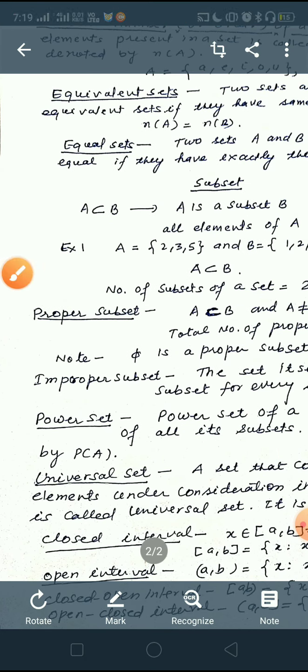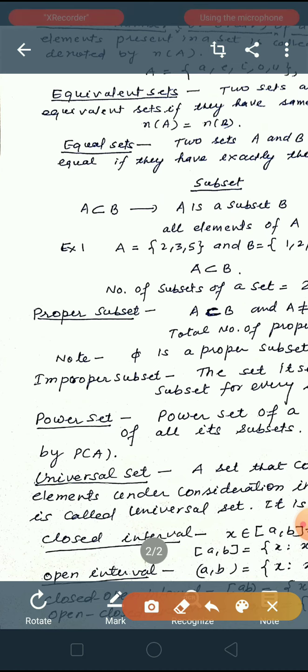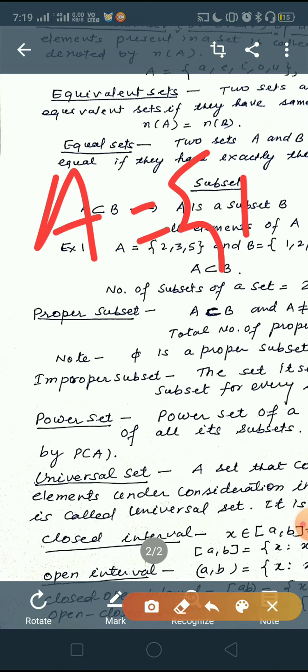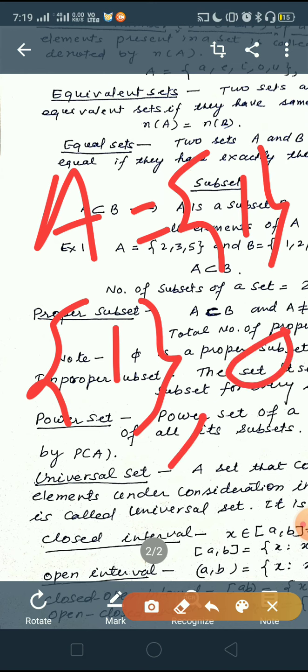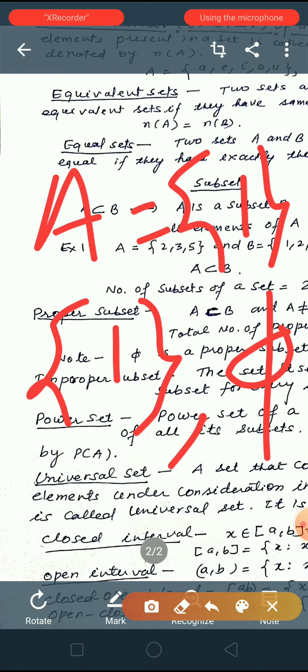Children, let's take an example of subsets. How do you find subsets? So let's take a set A is equal to {1}. Then here we have to write the subsets of this set A. First will be the set itself, second will be phi. There are two subsets of A, the set itself and phi. And if you talk about the proper subsets of this set, it will be phi, and {1} will be the improper subset.